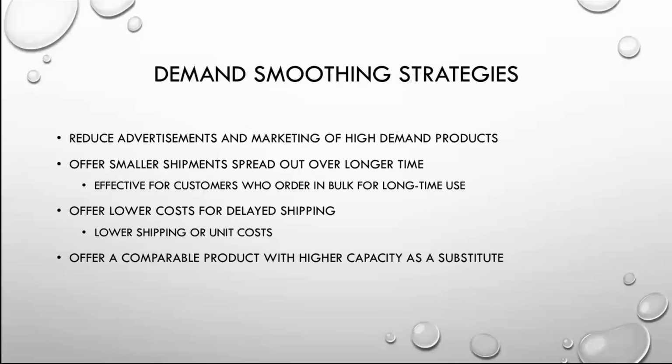So you may walk up to a company and say, hey, I want 5,000 of these parts to support this system. Well, if you're the manufacturer, you would say, hey, look, we can't give you 5,000 right now, but we know that you don't use 5,000 immediately. So tell you what, why don't we work with you to determine if we can spread those 5,000 over a 12-month period? Maybe we only give you 500 a month or 400 a month. We may give you 500 a month for the first 8 months, and then spread out the remainder over the last 4 months.